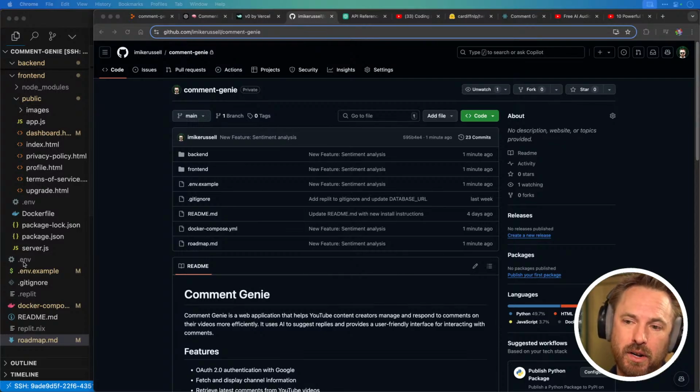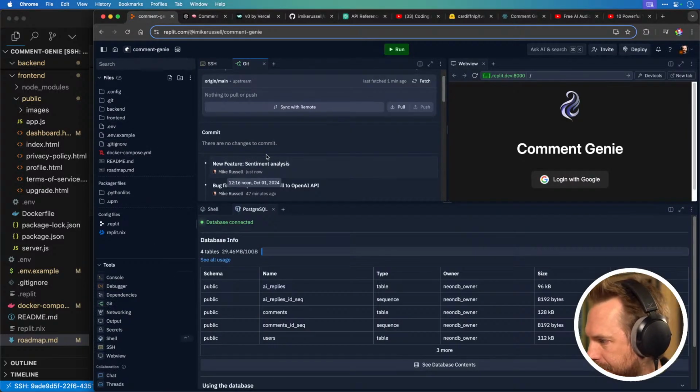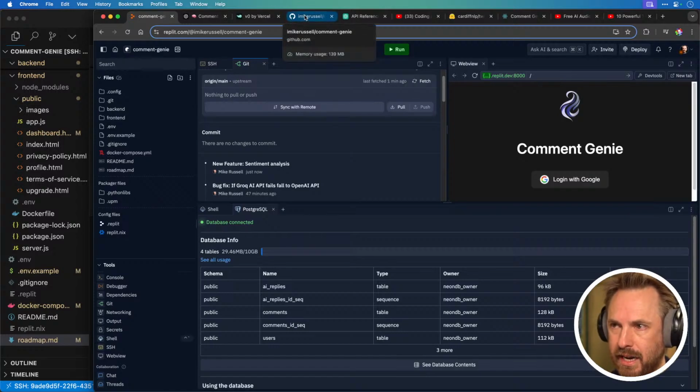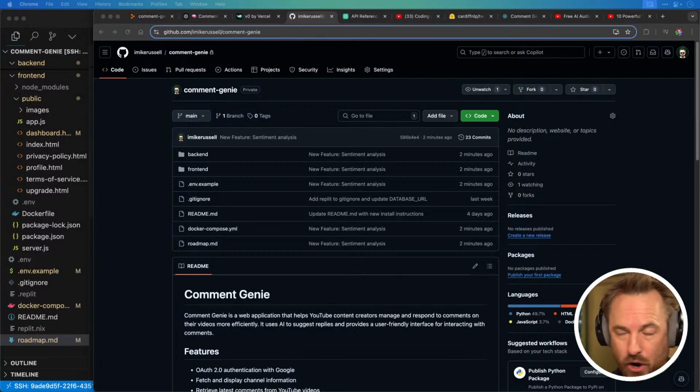Well, obviously, these files live here on my computer via SSH to Replit. They're up here in the cloud inside Replit. And, sorry, branches. Okay, I need to do branches. That's what I need to get into. And then when I've committed to the Git, I can then go to my remote server, which is hosted on